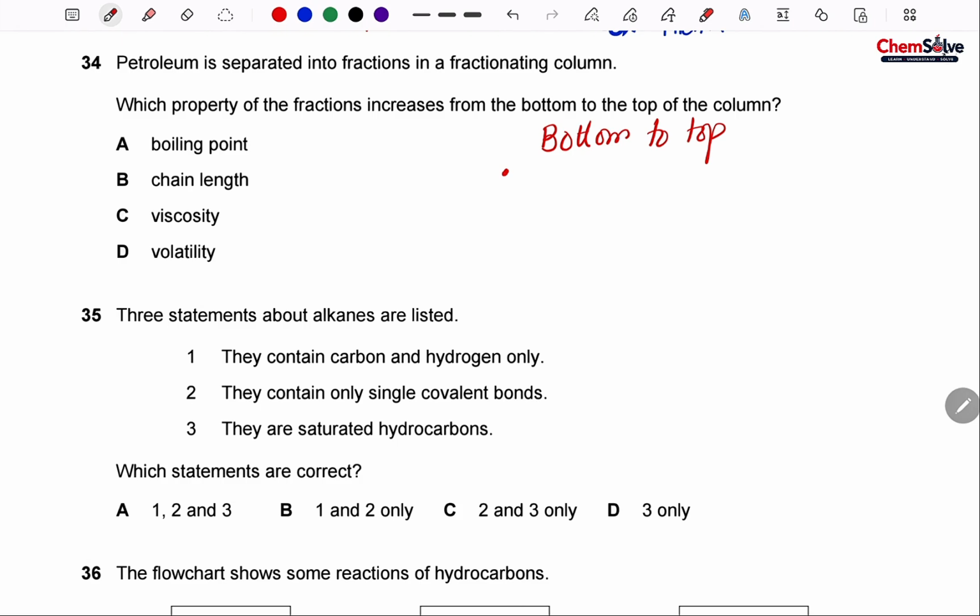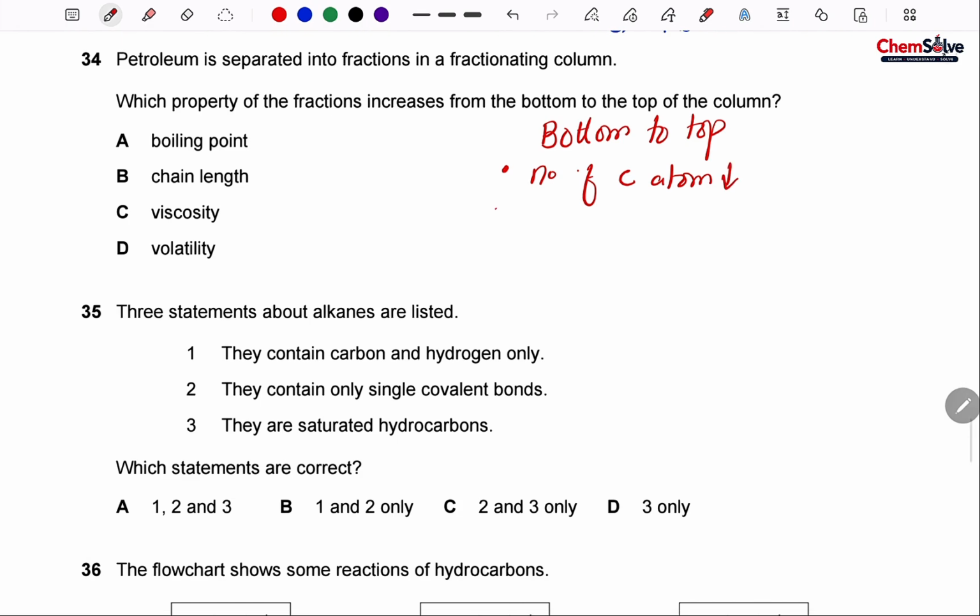The number of carbon atoms decreases, melting point and boiling point also decrease, flammability decreases as well,